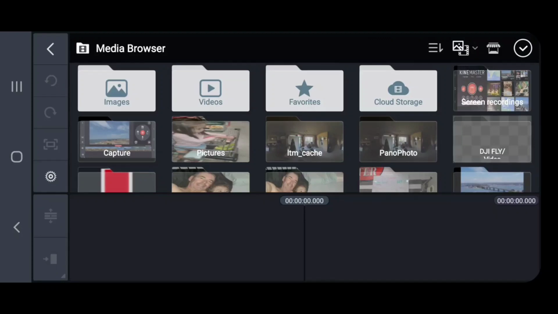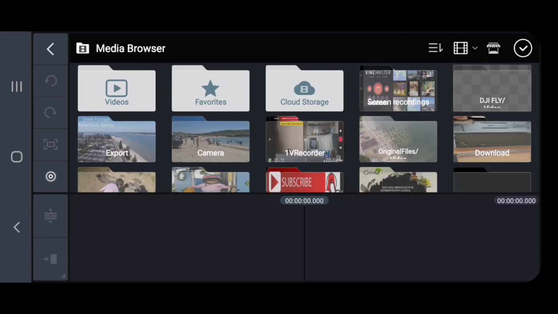Once we go into this interface here, it's asking for the media that we want to select to put into our video. So first of all, I just want to go to this button up here, which is saying what do we want to look for. We can specifically look for both, which is videos and photos, or we can select the second button down, which is photos, or the last one, which is video. So what I want to select is video. So now it's changed around the selections that we've got here based on the criteria that is looking for video alone. So we'll go into camera,